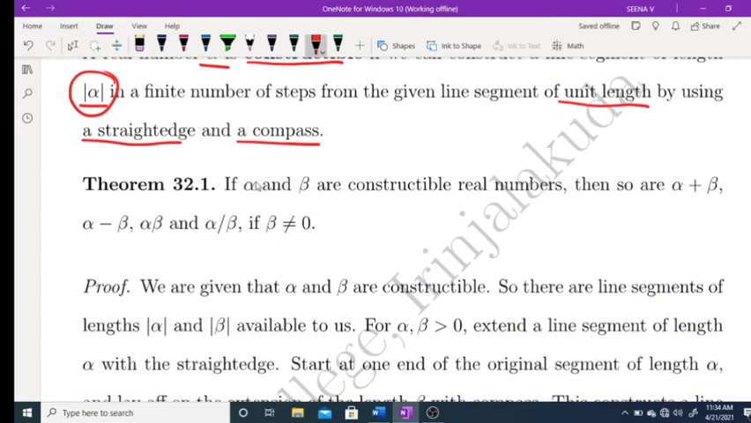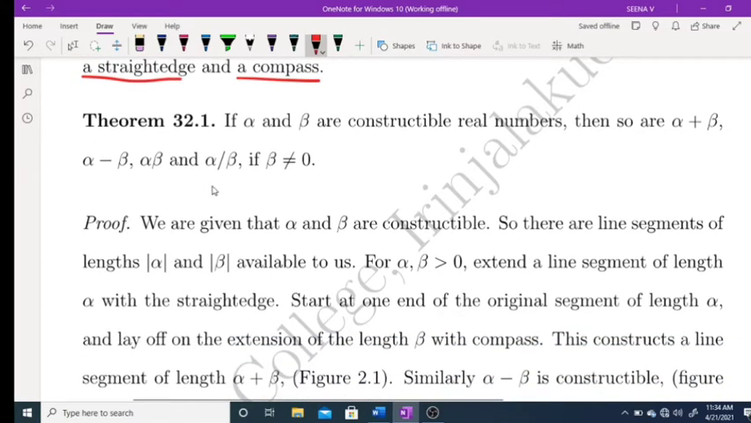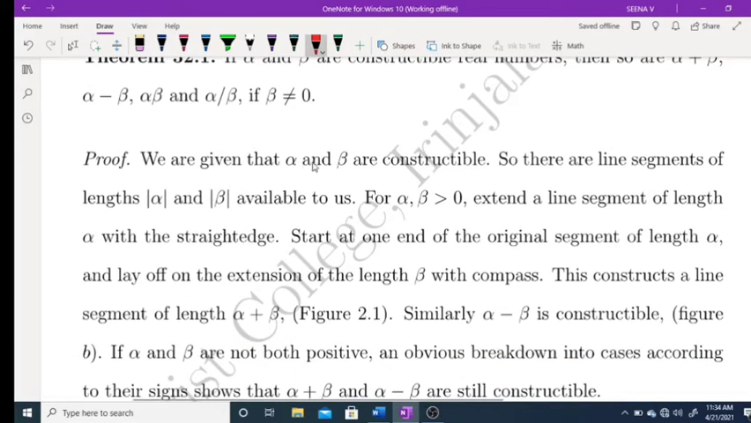The theorem says that if alpha and beta are constructible numbers, then alpha plus beta, alpha minus beta, alpha into beta, and alpha by beta, if beta is not equal to 0, are constructible. Given that alpha and beta are constructible, by the definition there are line segments of length mod alpha and mod beta available to us. For alpha, beta greater than 0, extend a line segment